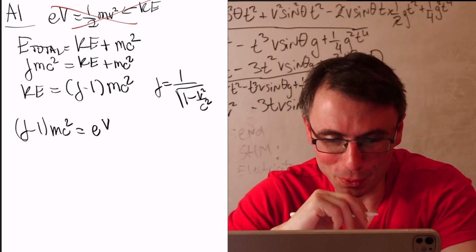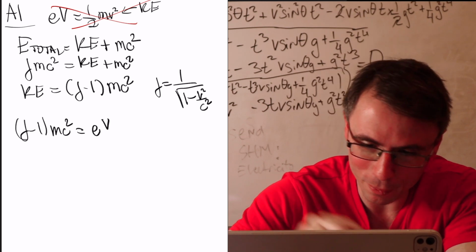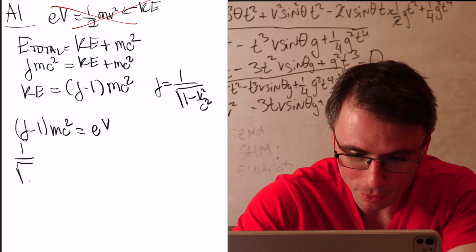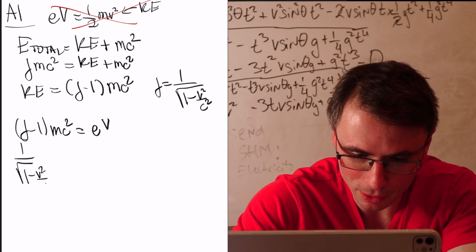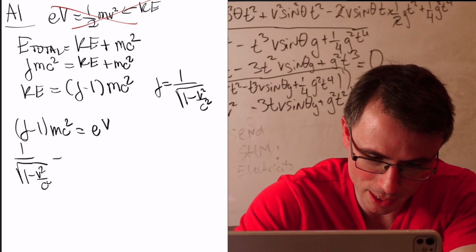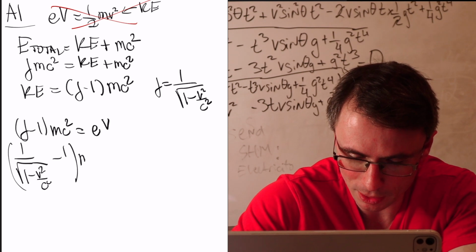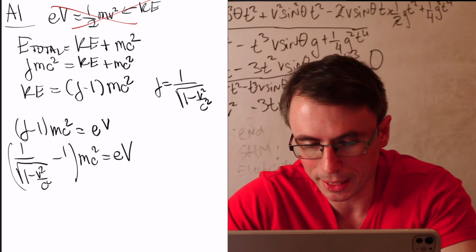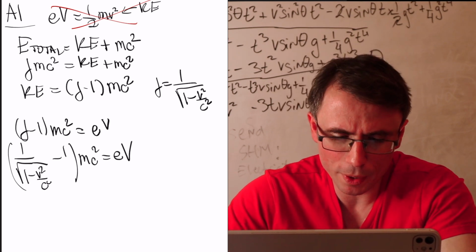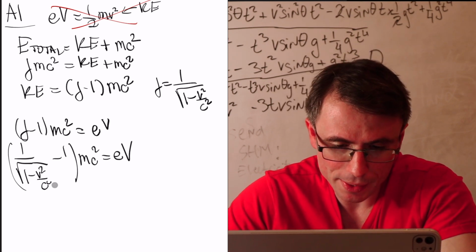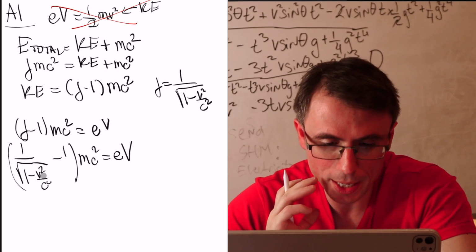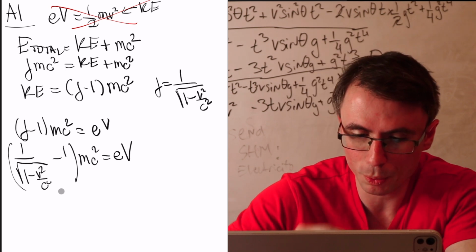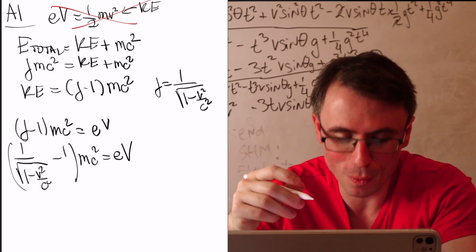Let's see if I remember how to solve this. So we can plug in 1 over the square root of 1 minus v squared over c squared, take away 1, mc squared is equal to e multiplied by capital V. So what we're looking for in this equation is the final speed v squared. Okay, that looks like it's going to be quite a lot of rearranging and algebra for 0.7 points, but let's